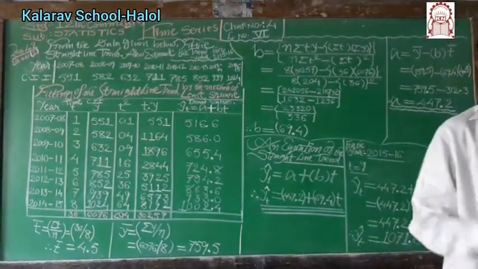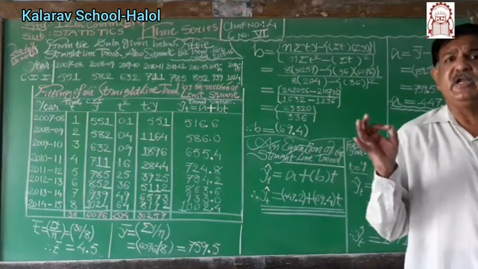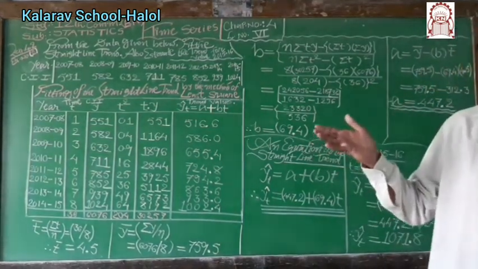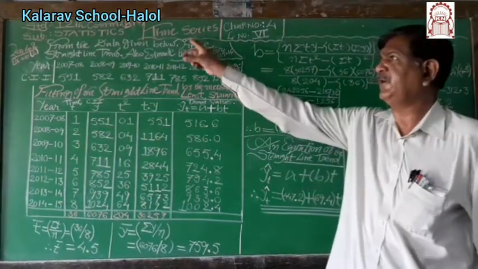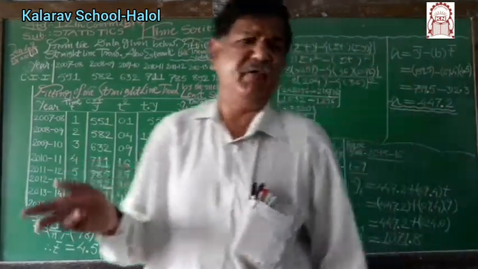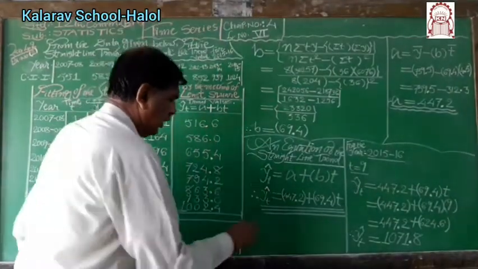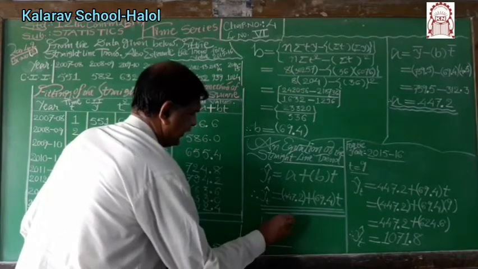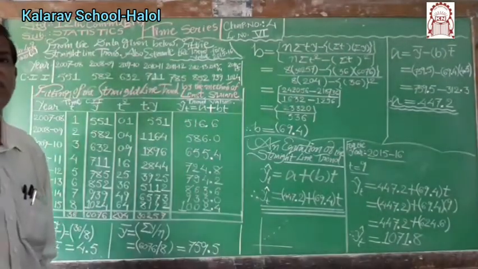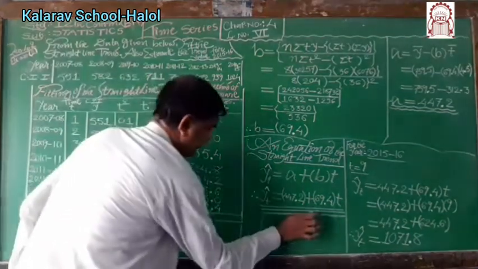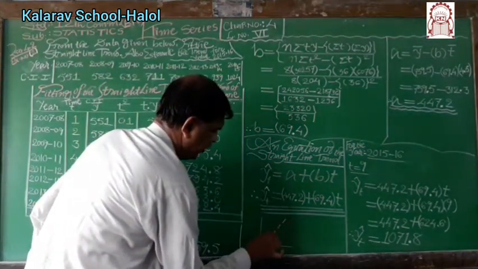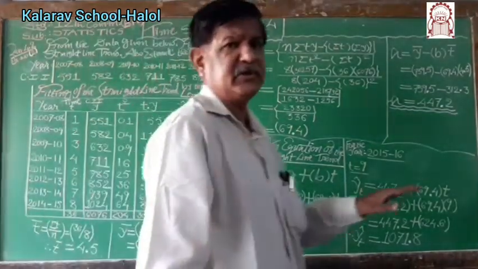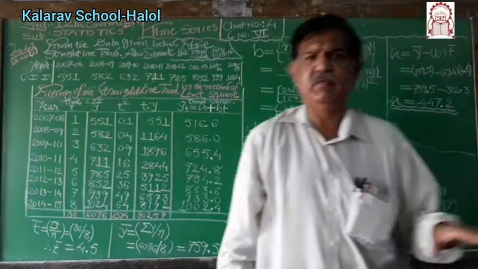See, this is the least square method, fitting of straight line trend. This is one of the important methods in this chapter, time series. If you draw the graph of this, the dotted trend line becomes a straight line. Not a curve, but the trend is always straight, this way. And so it is known as straight line trend.